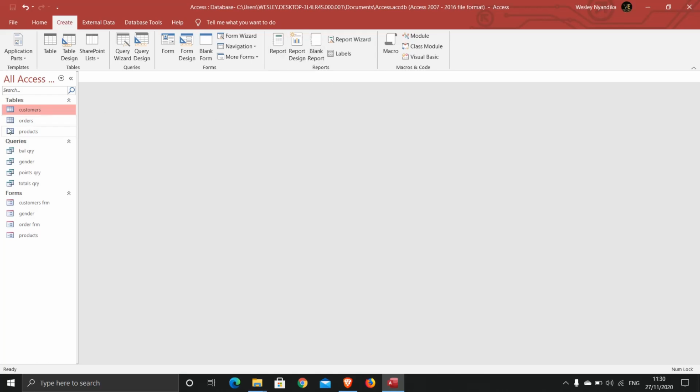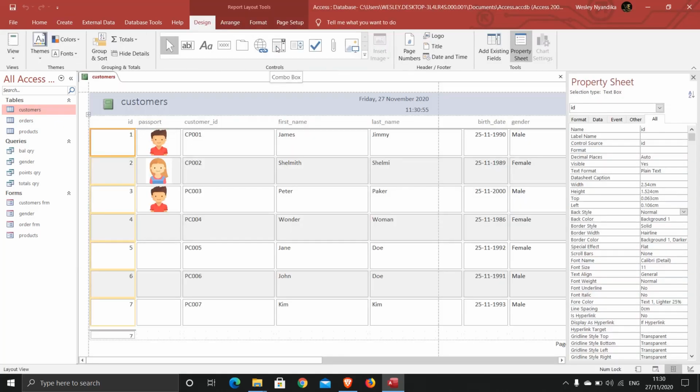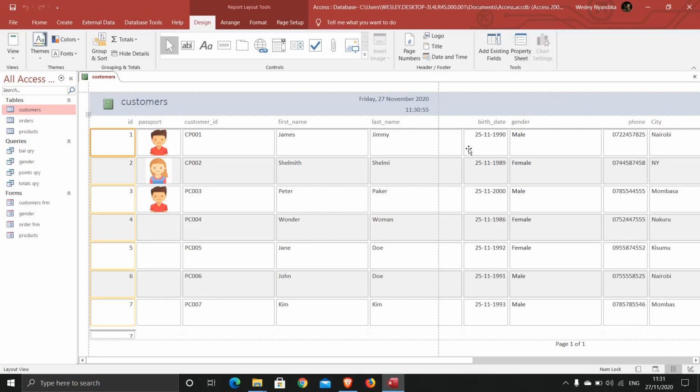Okay, now I want to create a report based on the customers here. I want to see the customers that we have and their details. Now what you do is you select the table that you want, and in my case here it's customers. Then you come to the report here. Remember, you have to be on the Create tab, then Report. So if you click on this button, this is what you get. So Access automatically generates a report for you for your customers or your data, let's say that.